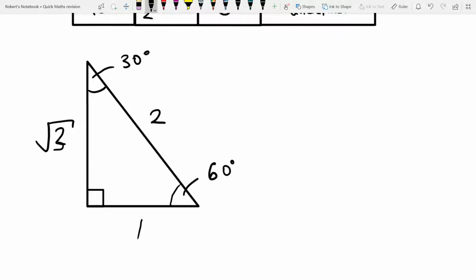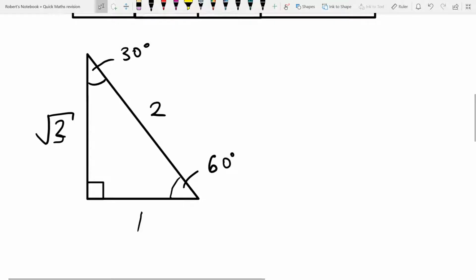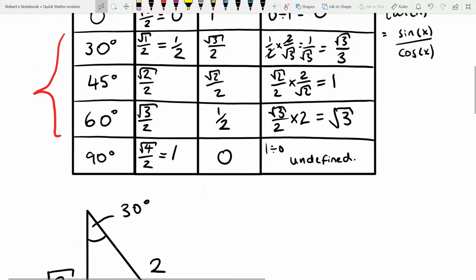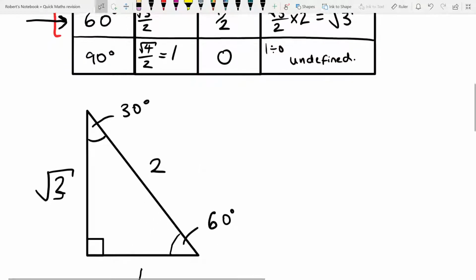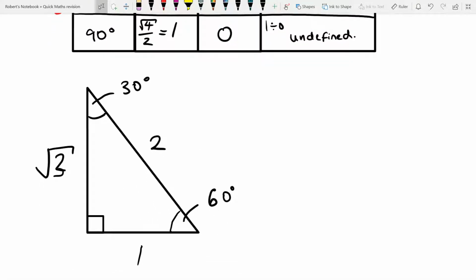So if you're in an exam and you can't remember the method that I gave in the other video, you can always draw out these triangles. What you'll notice is that this triangle will give you the answers to this row and this row, as it contains the angles 30 and 60. Let's go straight away and see what we're going to do. As we're using trigonometric functions, we're going to use trigonometry to get our answers. So we're going to do sine